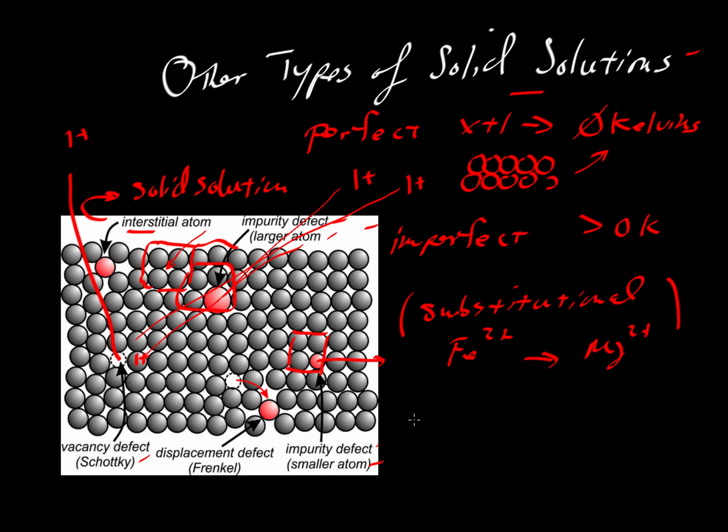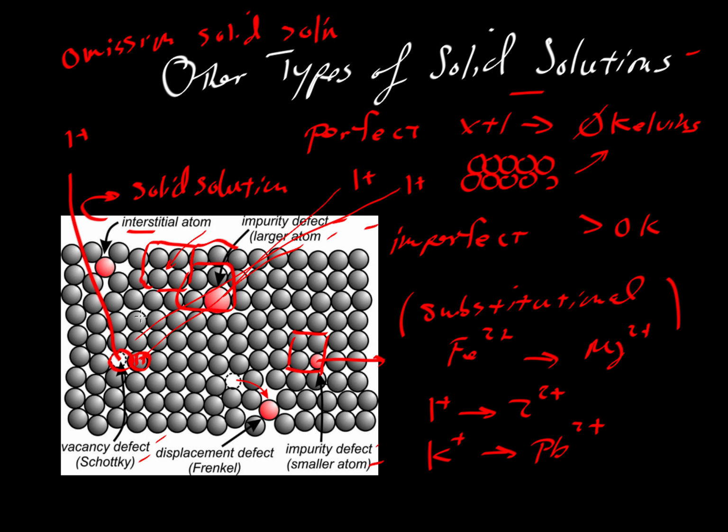Well, if we want to substitute a 1+ cation with a 2+ cation, maybe we want to substitute potassium with lead. They're very close to the same size, but the charges are different. So lead can fit, but it's got the wrong charge. Well, what can happen if you want to put a lead atom over here instead of a potassium? Well, you could pull out one of the potassiums and leave that vacancy to maintain charge balance. So that vacancy would lead to something we refer to as omission solid solution. So omission solid solution